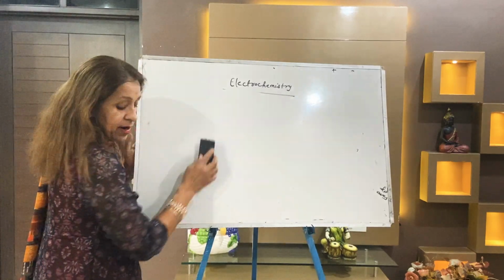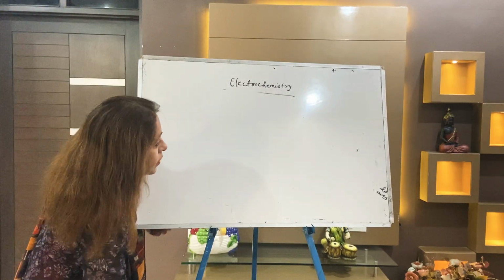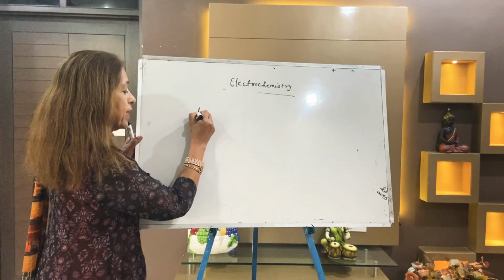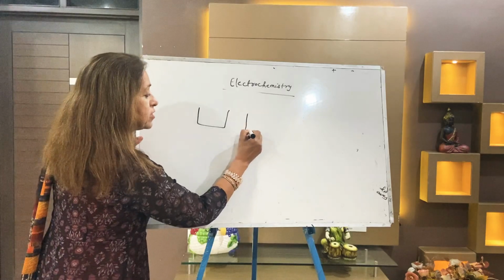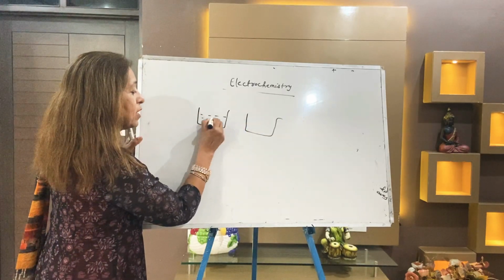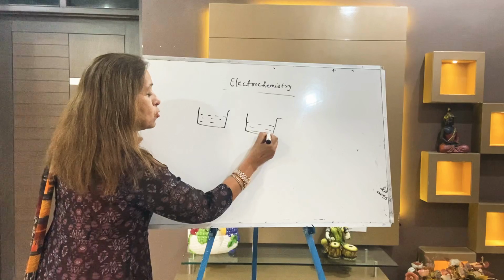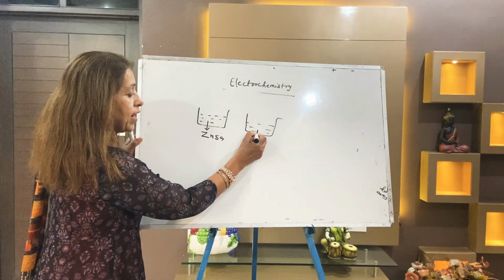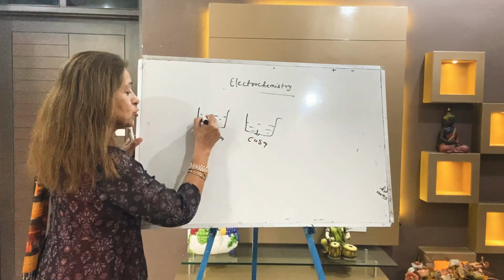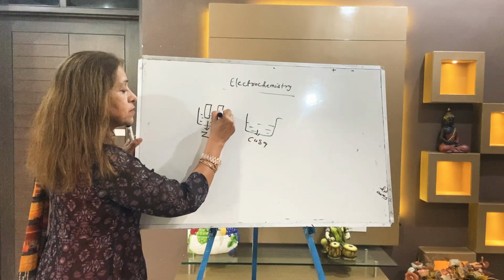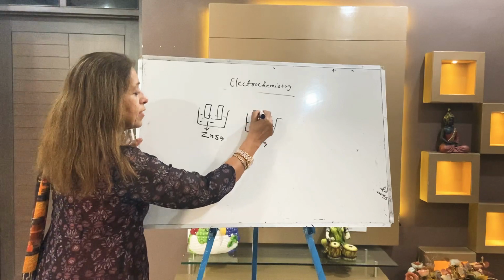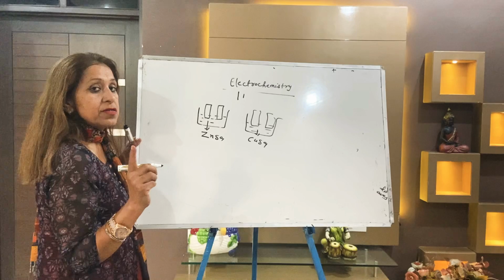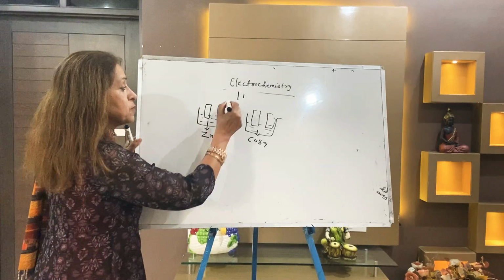Now I am taking Faraday's second law of electrolysis. Write down Faraday's second law of electrolysis. According to Faraday's second law, you make a small diagram. These are two different solutions. I have taken two beakers with two different solutions. One I have taken zinc sulfate and the other copper sulfate. So there are two metal electrodes. This is a battery, so the same quantity of current is passed.